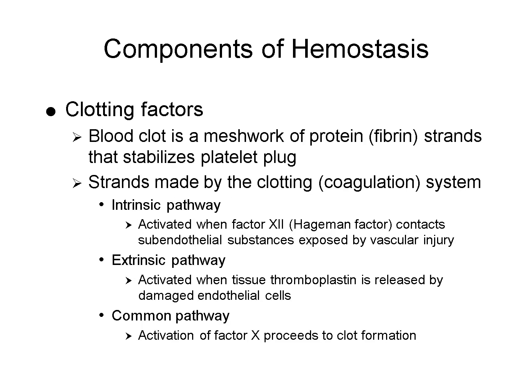Clotting factors create the fibrin mesh that stabilizes the platelet plug. These factors operate through three pathways. The intrinsic pathway is triggered when factor XII contacts exposed subendothelial tissue. The extrinsic pathway begins when tissue thromboplastin is released from injured endothelial cells. Both pathways converge at the common pathway, which activates factor X and ultimately results in the formation of a stable